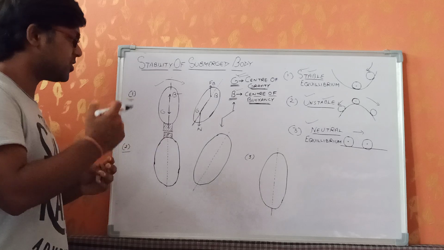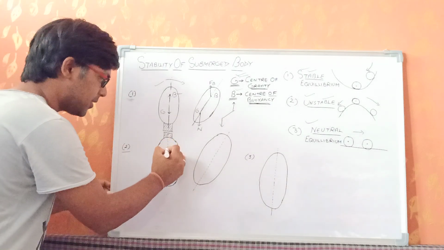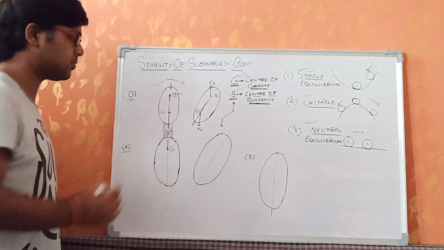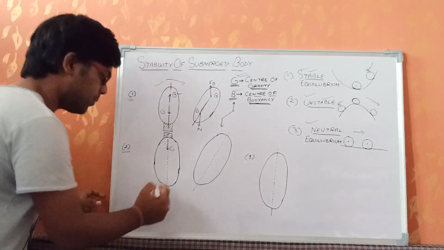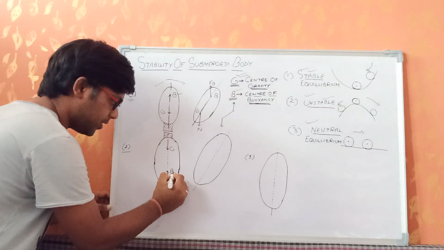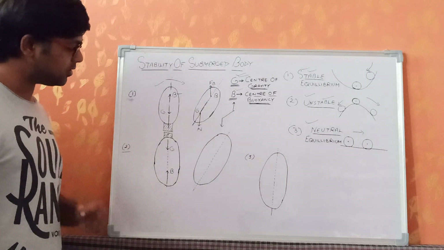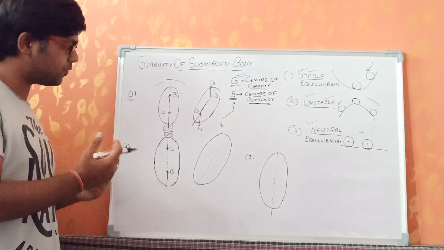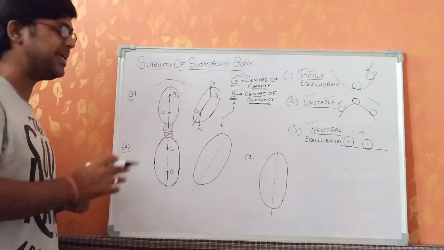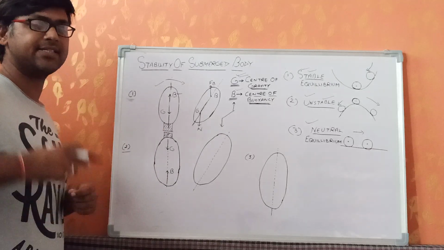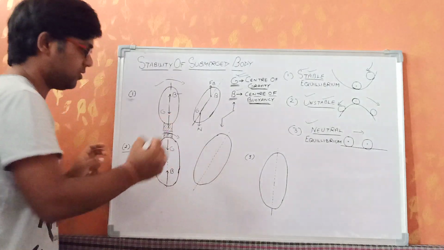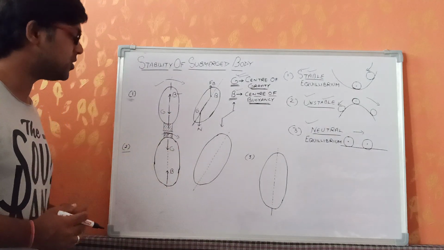It means center of gravity will be at the upper side of the body, G, clear, and the center of buoyancy, which is acting in the upward direction, is at this point. So now we can see we are again having a body, but the positions of G and B are interchanged because it is a case of unstable equilibrium, and the body is not heavy at the bottom, but it is heavy at the top. So if now I tilt it in this direction,